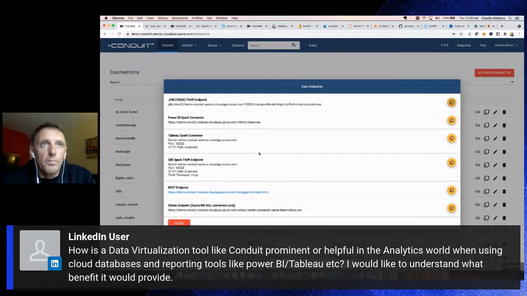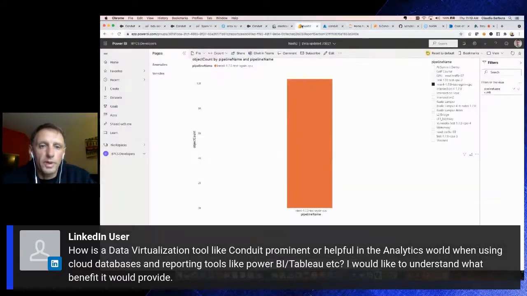Another reason is publishing. If I publish my report to Power BI Online, again, no driver is required and no Power BI gateway requirement either. The fact that we picked Spark SQL as our front end, and it's embedded in Conduit, allows us to immediately publish these reports from Power BI Desktop to Power BI Online and basically share your reports with the outside world, without requiring the setup of a gateway, for example. And also, obviously, using Spark SQL increases the audience to developers and engineers using REST endpoints, or